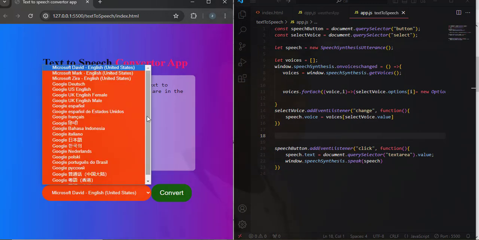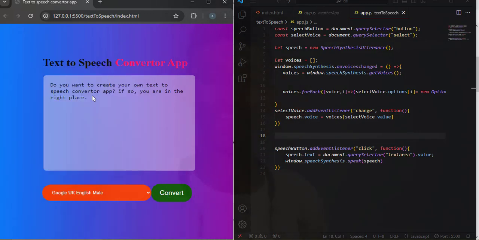Yup, that's it. So let me select another voice over here, and when I click this convert button,